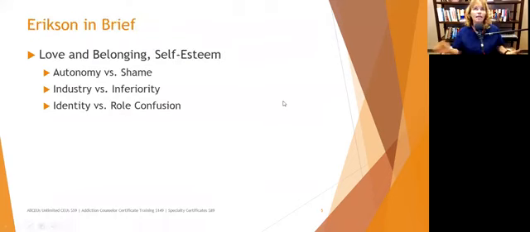Love and belonging comes from Erikson, and if you remember his stages of psychosocial development, trust versus mistrust, then comes autonomy versus shame and doubt. This is your preschool age. This is where children are learning to be the masters of their own little person. They're developing the potty training. They are starting to dress themselves. They're probably starting to bathe themselves, and they're developing this sense of independence. This is the terrible twos and the even worse threes.